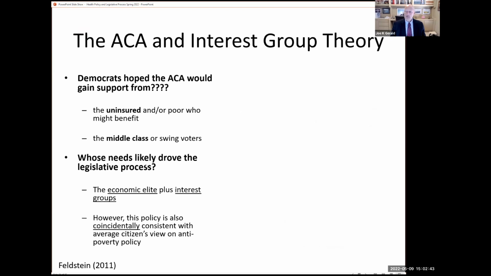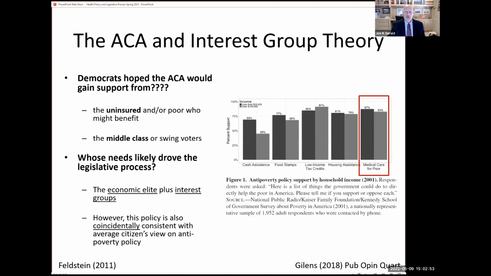Okay. And so one of the things that we had in health policy that was really important to us was something we call the Affordable Care Act, and it used government dollars to expand access to care to poor people in the United States. And so we either paid people to get private health insurance, or we gave people our public government health insurance program. And a lot of people criticized the Democrats at the time for saying, well, the Democrats are just trying to gain favor from the poor in the middle class.